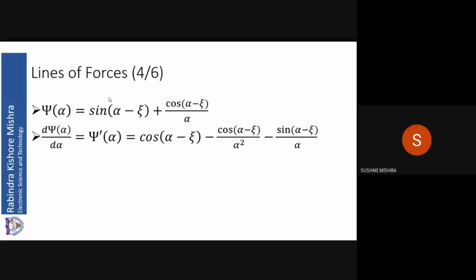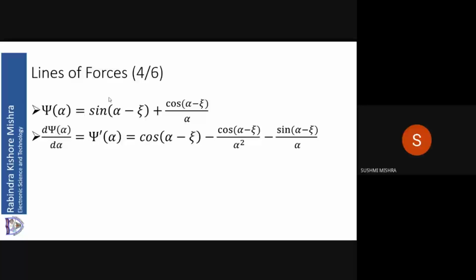This is the bracketed term in the previous equation for E, or the term for H within the bracket. Now if I take its derivative, d psi by d alpha with respect to alpha, so my psi dash, d psi by d alpha,